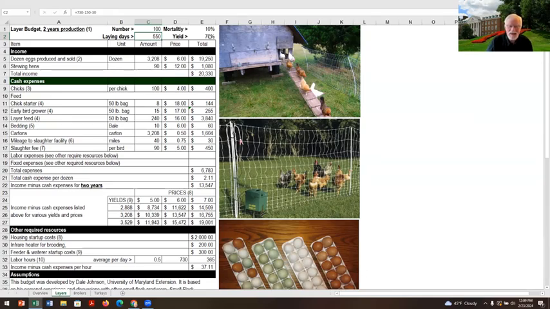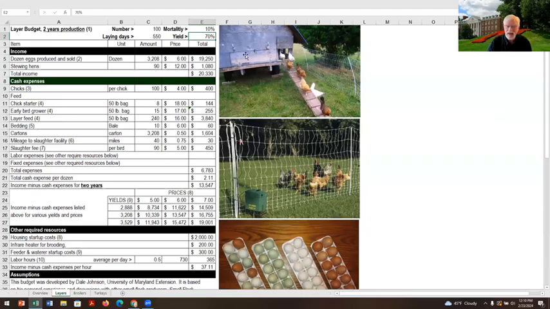All right. And then my yield. This is the yield per day. And this is a tough figure to come up with. I will say that oftentimes people overestimate this. Some people say, well, my chickens are going to lay 90%, which means in 10 days, with 100 chickens, you'll get 90 eggs. All right. I'm putting 70% in here. Now, I actually don't figure the mortality in here anywhere. I just say 70 includes the mortality.